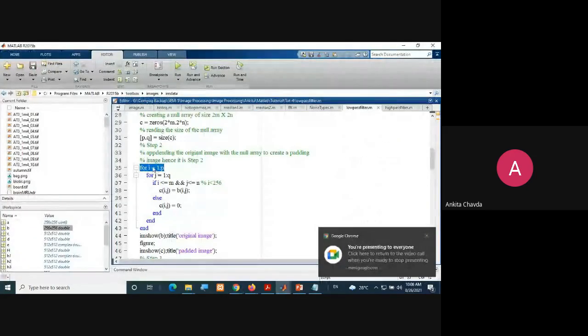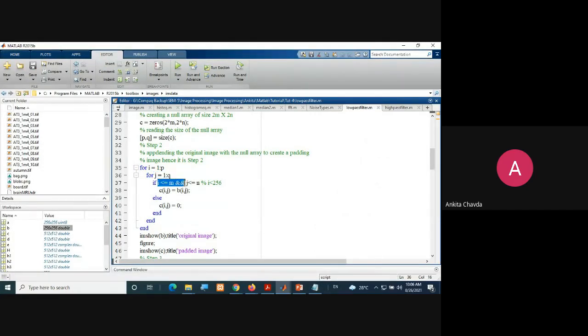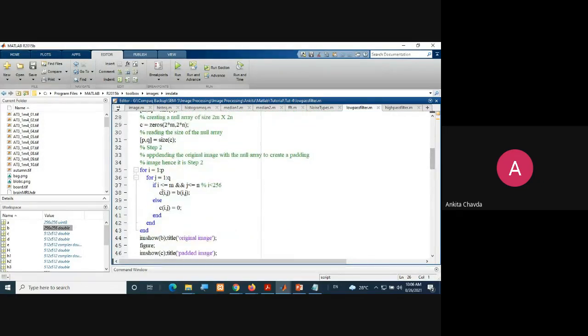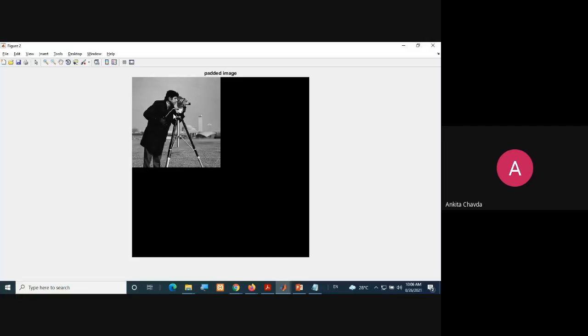You have taken for loop i equals 1 to p, j equals 1 to q, and if your i is less than or equal to m and n, it means i is less than 256 and 256, then you need to copy b of ij to c of ij. B is your original image, so that intensity value you are copying into the image C. So image C is finally having this look.